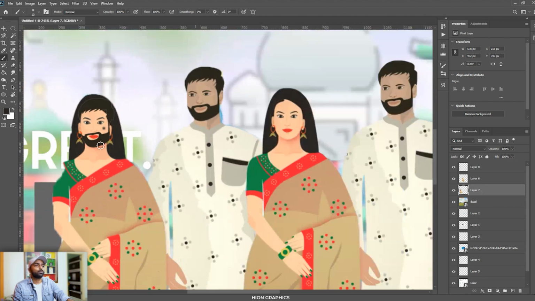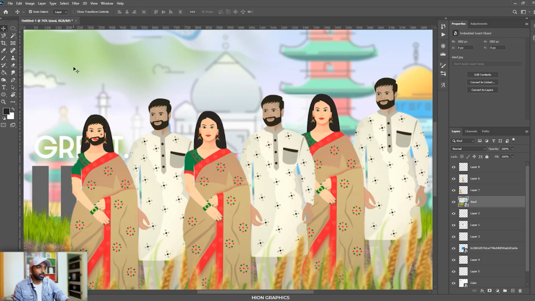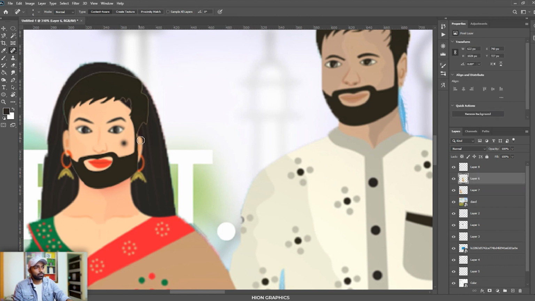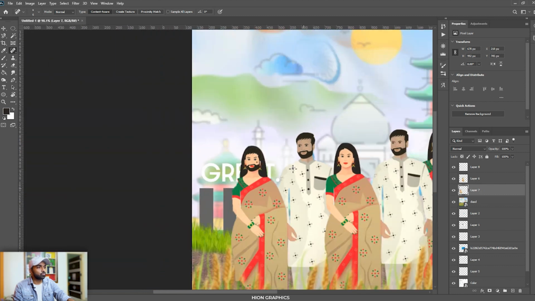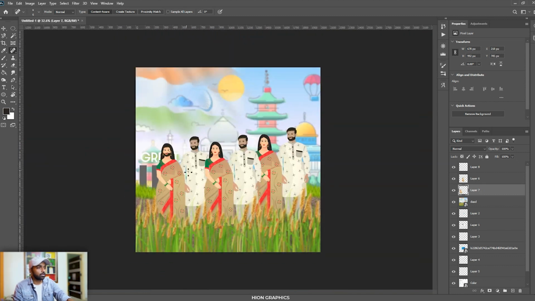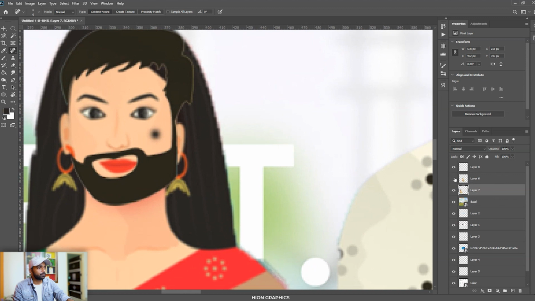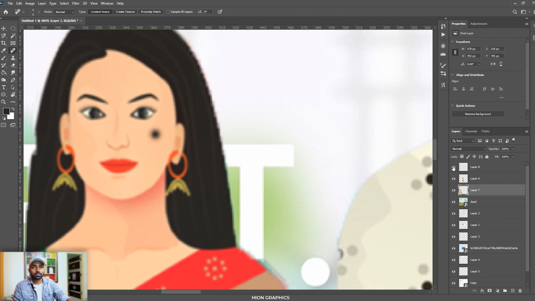This madam has got one spot also there. Okay, so this is the one, and for this we will utilize the spot healing brush tool. Okay, so this was the layer on which we did something. You see, if I do a spot healing on this, I'm selecting something different or what? Yeah, there it is. So I selected a different layer. So all these are layers. So layer 1, 2, 3, different layers are there. I just selected the wrong layer. So this is the layer that I am targeting right now. Okay. Yeah, this is the layer that I was targeting.